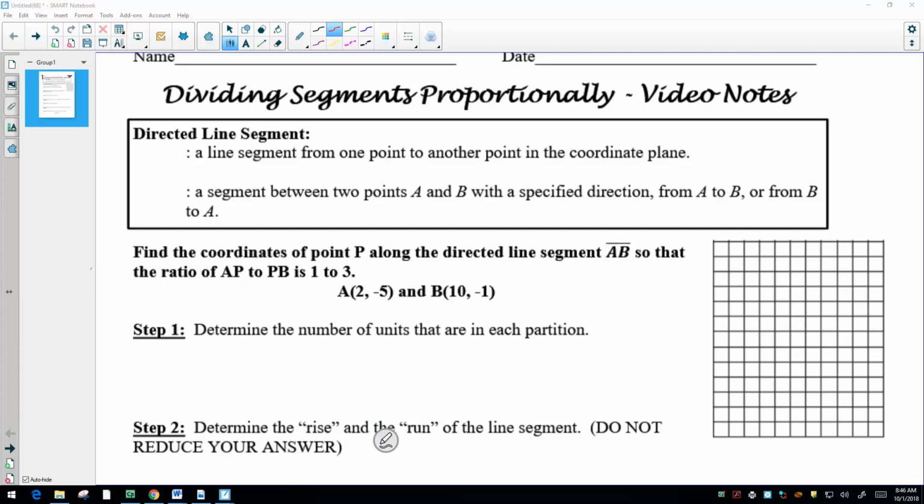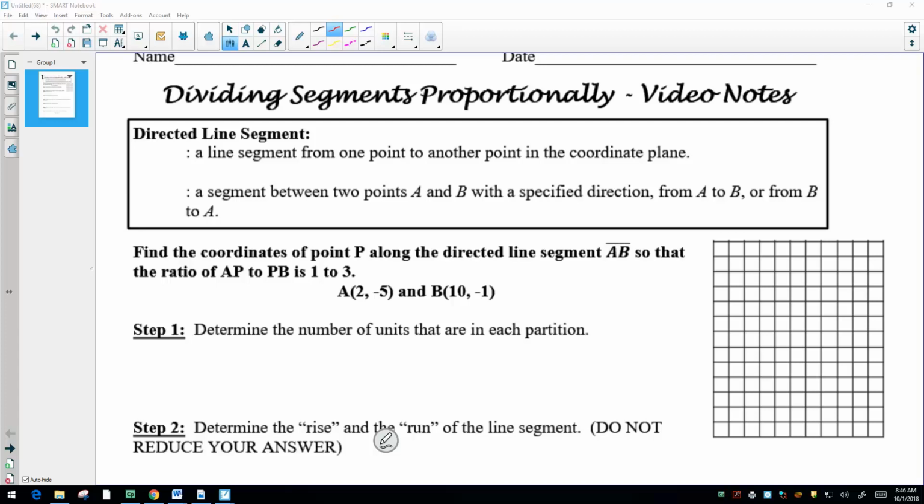Today we're going to be talking about dividing segments proportionally, meaning we're going to take a segment and split it up into equal parts. Depending on the question, depends on how many parts we'll be splitting it up into. When we're talking about this, at times we're going to be referring to what's called a directed line segment, just meaning I know where the start is, I know where the stop is, and I know the direction that I